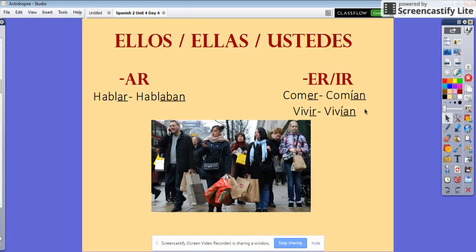Pretty simple because most of the endings in the imperfect tense look really similar, and they follow some rules that we've learned before. So it shouldn't be too difficult to memorize those, but it is a matter of memorization, and the faster you do that, the better.